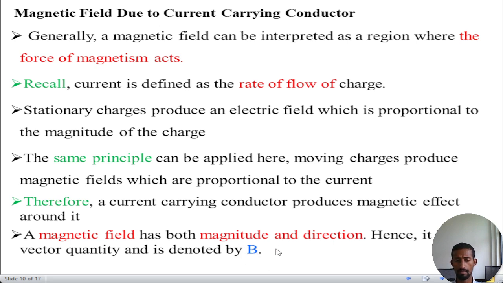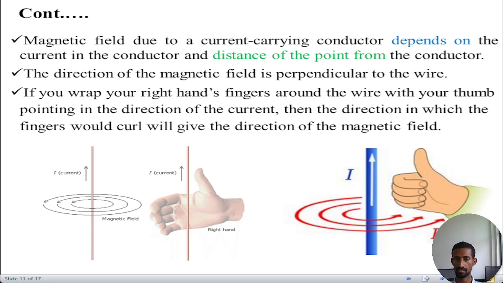So how can you determine the magnitude and the direction of this magnetic field? If the magnetic field is a vector quantity, it will have both magnitude and direction. So how can we get the magnitude and how can we get the direction is the next issue. Magnetic field due to a current carrying conductor depends on the current in the conductor and the distance of the point from the conductor. The direction of the magnetic field is always perpendicular to the current carrying conductor, and it will be determined by the right hand